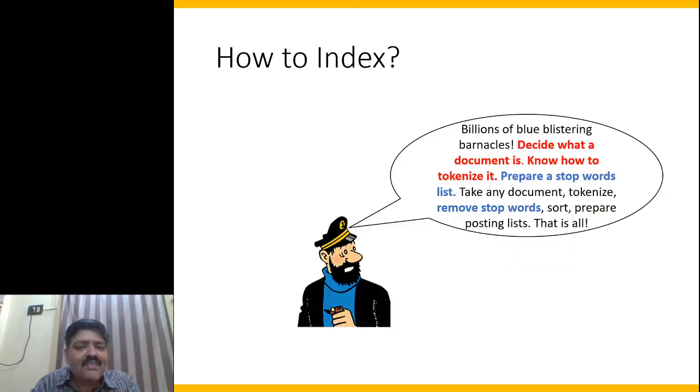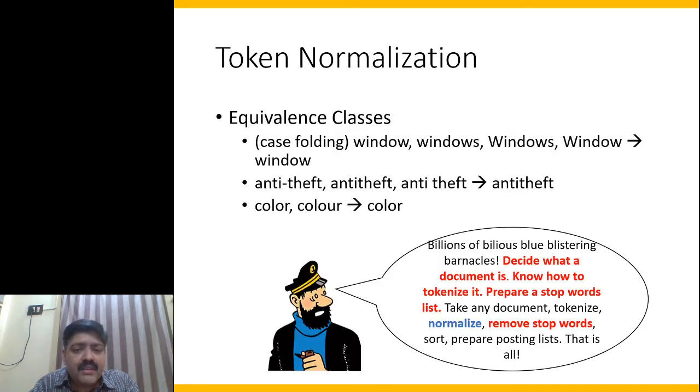Okay, so if we know what a document is, if we know how to tokenize it, if we prepare a stop words list, I mean, we should know what the stop words are. So someone has to give us the list. Again, that might be domain dependent. A finance stop list might not be the same as a sports stop words list. So this is highly domain dependent as well. Once we have done this, then we could take the document, tokenize it, remove the stop words, sort, and then prepare the postings list. Looks simple here. Well, but then